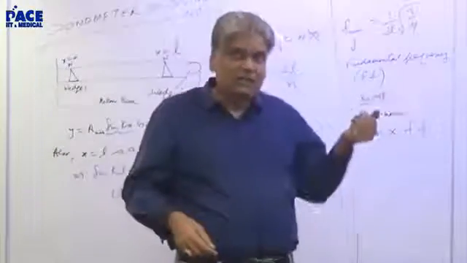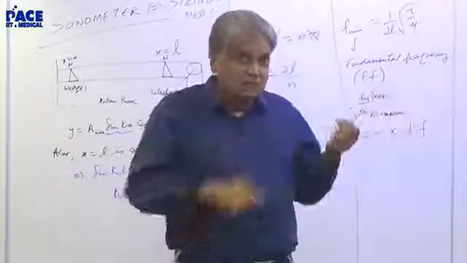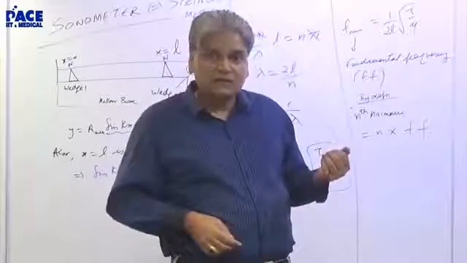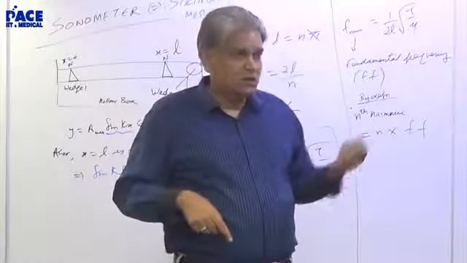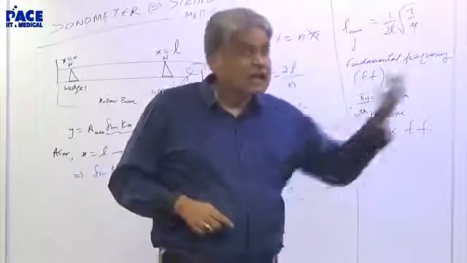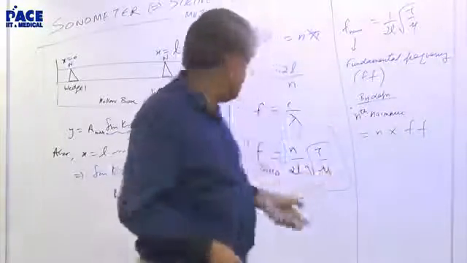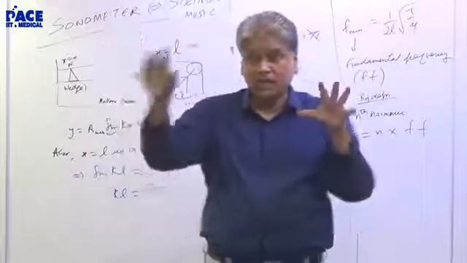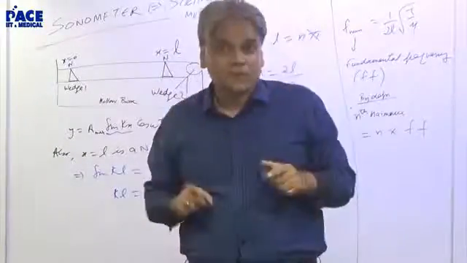ऐसा किया और एक जगह दबा दिया. So जितना तुमने बाकी छोड़ा है उतना ही वाइब्रेट करेगा. अगर 1 मीटर का स्ट्रिंग है, तुमने ऐसे आधे में पकड़ा टाइट, तो 50 सेंटीमीटर वाइब्रेट करेगा. और किया 25 सेंटीमीटर. So what are you doing? You are doing like that. L1, L2, L3. And while you are doing L1, L2, L3, you are getting F1, F2, F3. You are getting different frequencies.